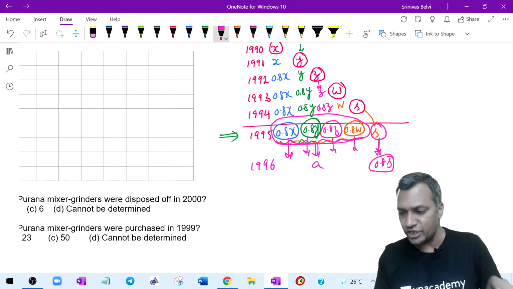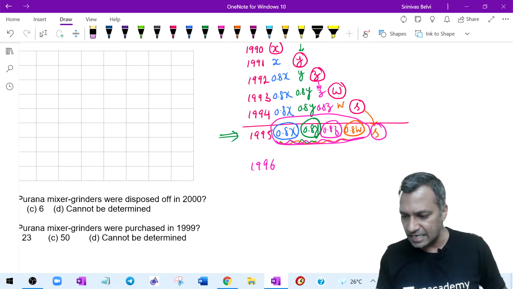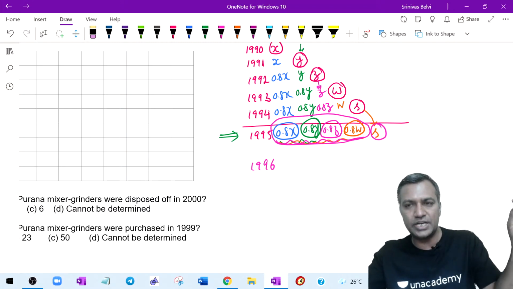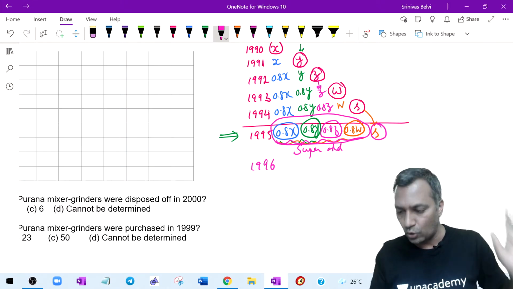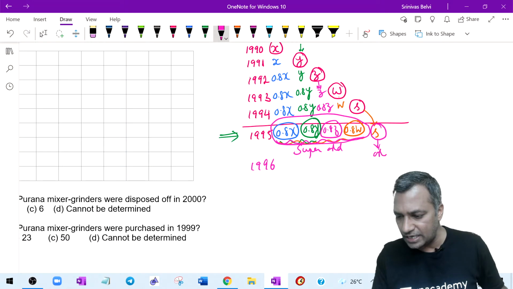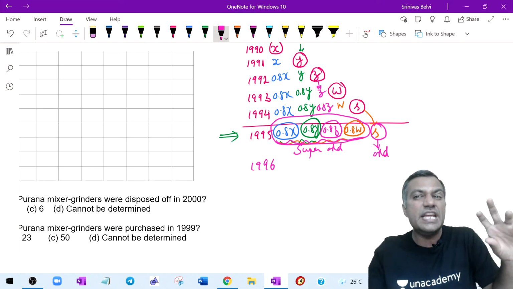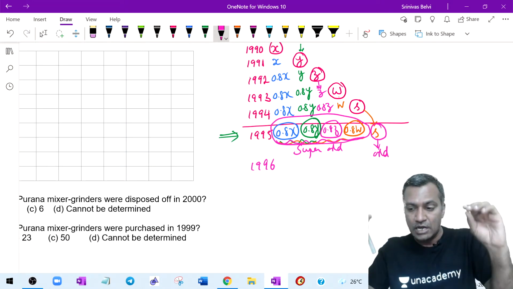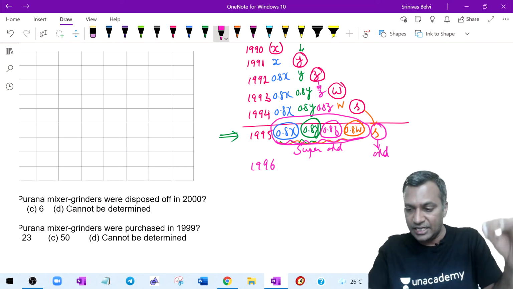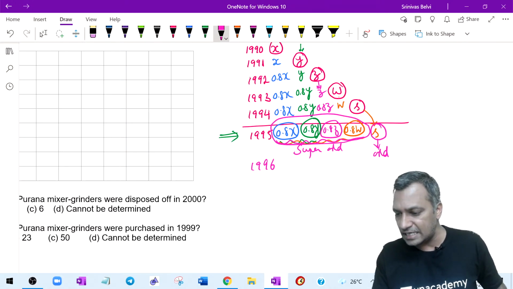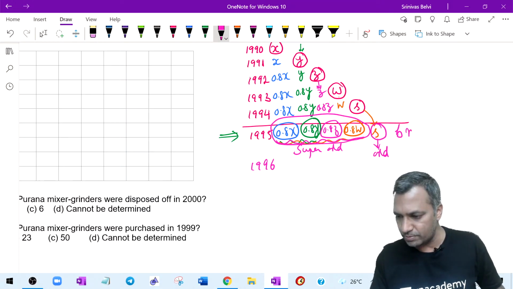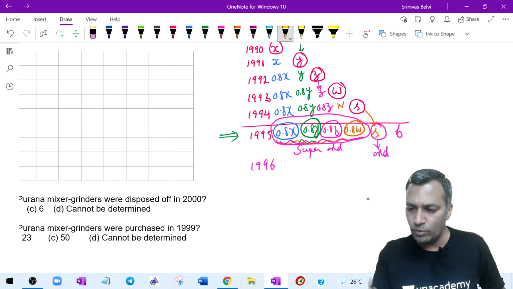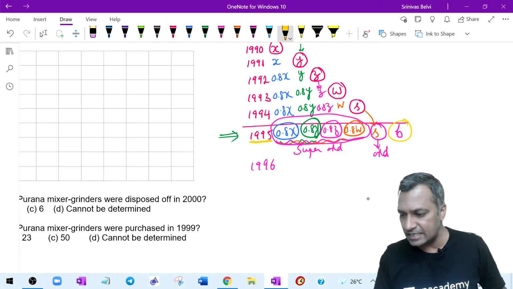Yes, that is going to be a change there, which means when I come to 1996, I will classify the data into three parts. Which are the three parts? This I will call super old. What do you mean by super old? It is not going to change anymore. What about this S? This S I will call old. Old, but not old enough to become super old. It is just old, which means it is going to change; it will become 0.8 somewhere. And then I will write another number B here. It is going to be new. This B is the new batch which got introduced in the year 1995.